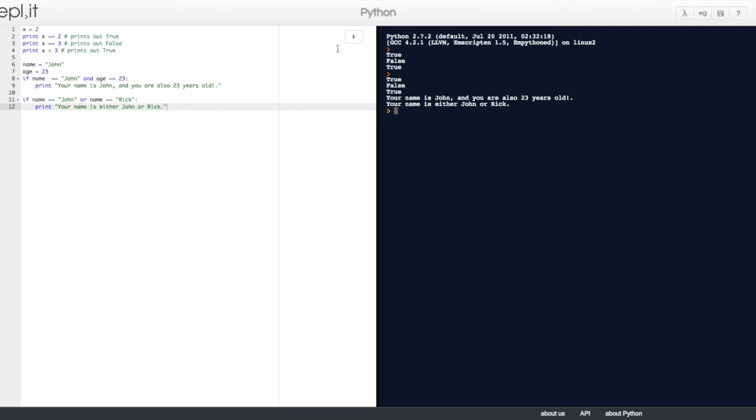The in operator. The in operator could be used to check if a specified object exists within an iterable object container, such as a list.